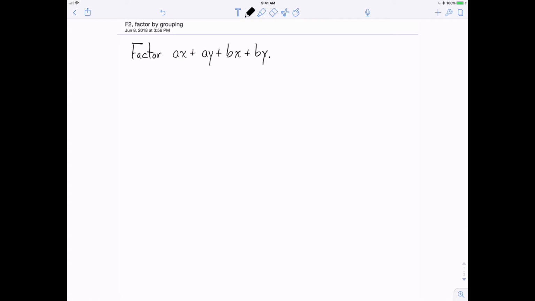The problem reads: factor ax plus ay plus bx plus by, and right off the bat we can't factor anything, and here's the reason why. Notice that the first two terms have a's, but there's no a's in the next ones. There's some x's spread throughout, and same with the y's. But the problem